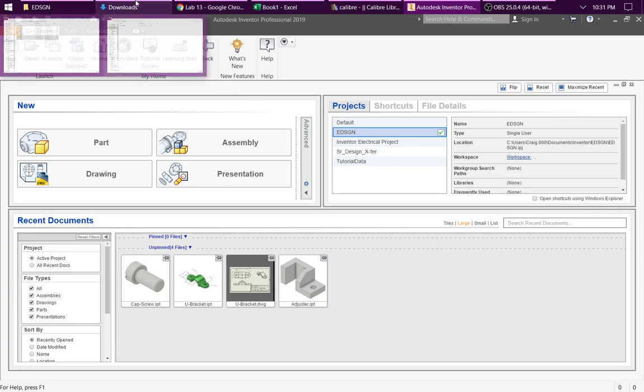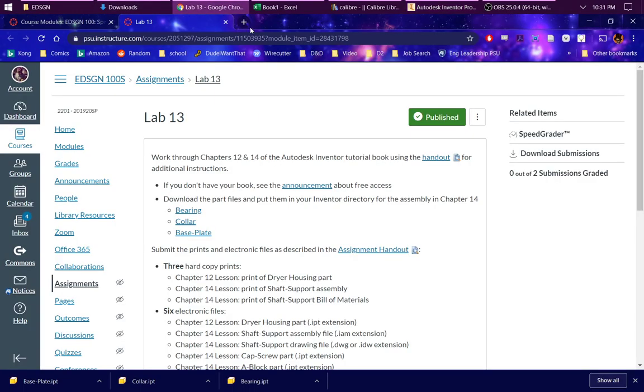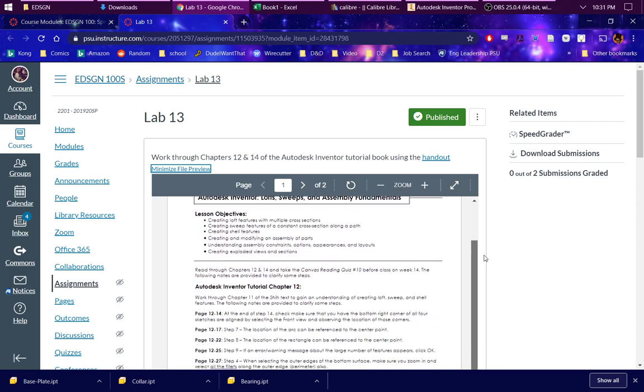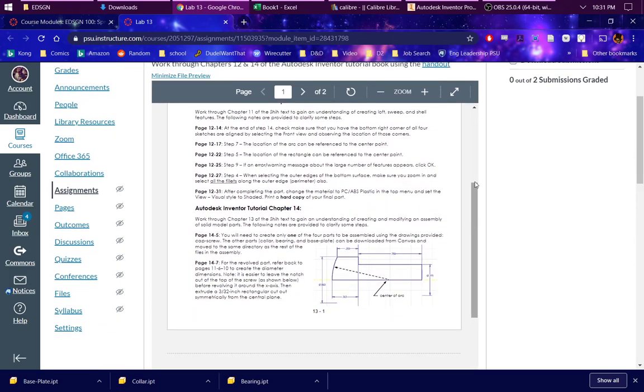The only thing that you will have to make is one part, and that's going to be the screw, the cap screw file. There are some instructions on the handout in Lab 13 that should help you get that done. You might notice that this revolution is slightly different from what they show in your book on page 14-7. This is going to be a little easier to use,